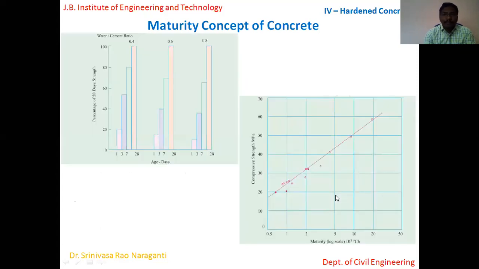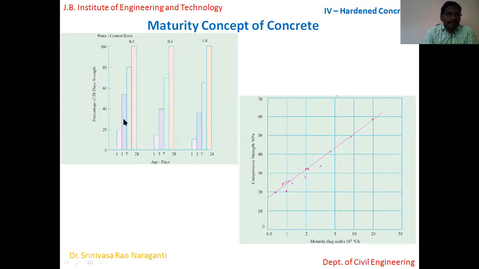Okay, so let's take some experimental research results on how maturity impacts compressive strength. Let us look at the first diagram. It shows the age on the x-axis and percentage of 28 days strength on the y-axis. That means after 28 days, it's achieving 100%. Say your strength is about 100 MPa; it talks about 20 MPa, 40 MPa, 60 MPa likewise. And you are talking about three different mixes of concrete with water cement ratios: one mix proportion was 0.4, another was 0.6, another was 0.8.